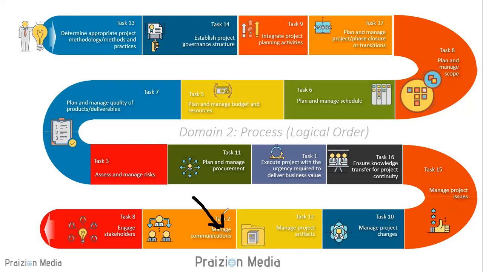says manage, because that is an umbrella term for project communications management. This is an umbrella term for project stakeholder management. This is an umbrella term for perform integrated change control. This is an umbrella term for a number of things, including direct and manage project work. This is code for project procurement management, code for project risk management, code for project quality management, code for cost management, code for schedule management,